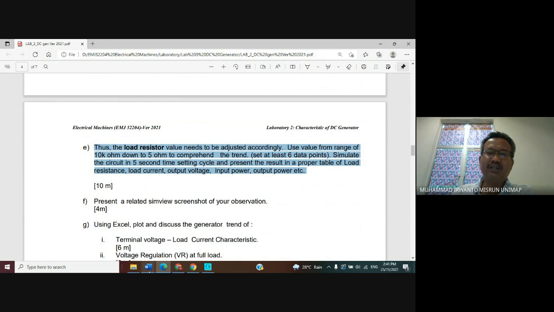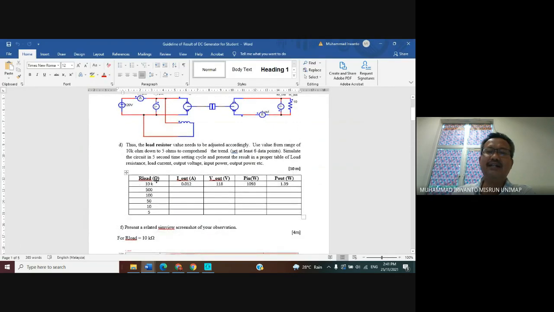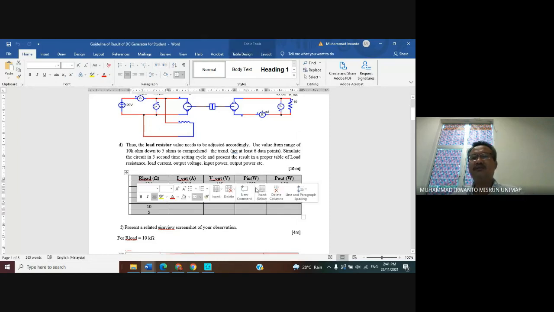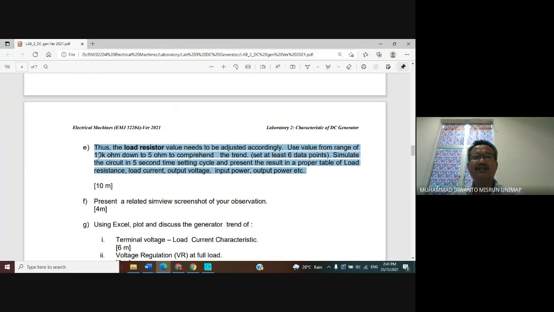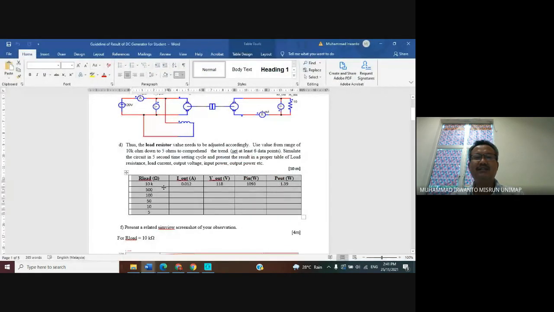For part E, for example, for me, I prepare one table like this one. Ini ya. Here I adjust the resistance from 10k until 5 ohms, at least 6 data. Nah, ini ya. For example, I adjust the value of load resistance for 6 data: 1, 2, 3, 4, 5, 6.